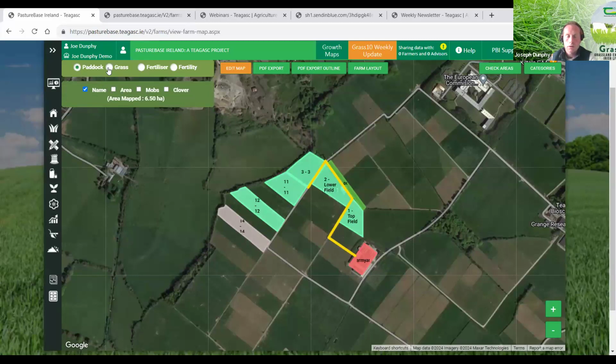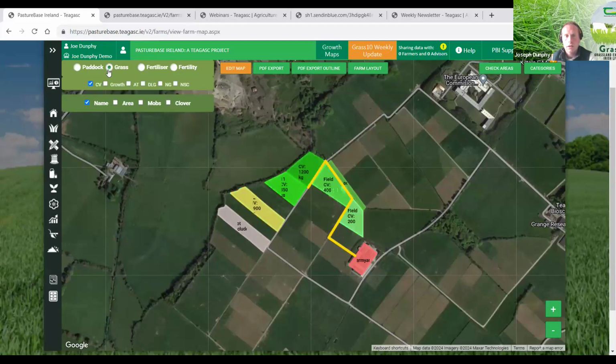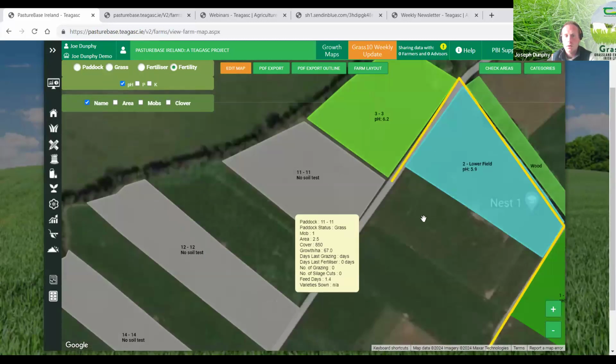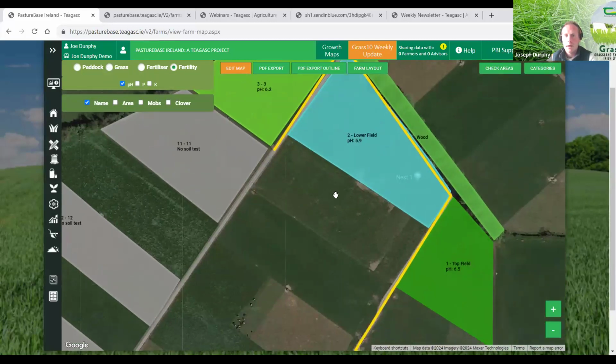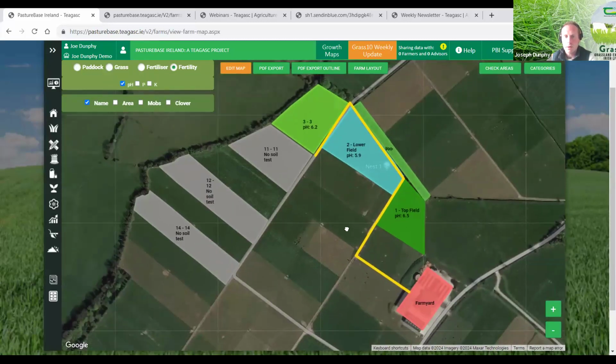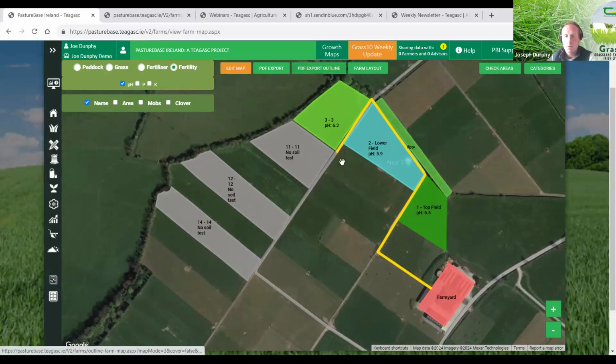I can actually go to this every week. If there was a grass cover on it, if there was fertilizer in it, it'll tell me days last fertilized. Or if I just want to pretty much do a full soil fertility map and print it and put it up on the wall. I know some people like visual things, so I could print that, PDF export,